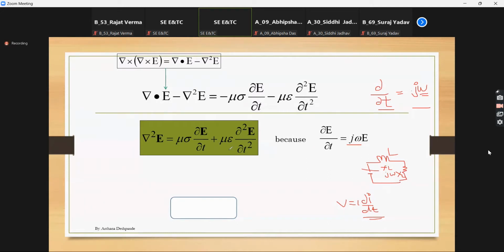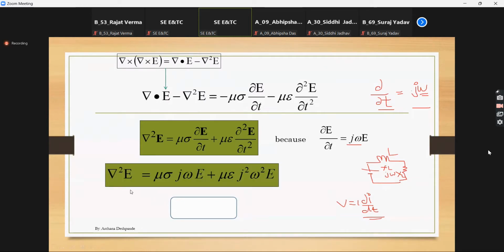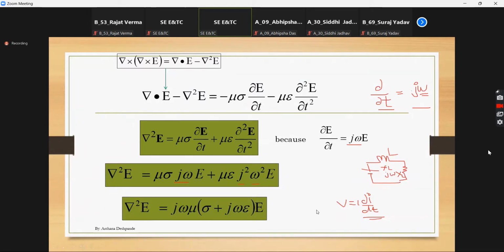Okay, so now I have to make changes here. I make these changes and this is my equation. Wherever there was ∂/∂t, it is replaced with jω. So this becomes jω, and since there is a square here, j² ω² has come. j² is minus 1. So going further, this is my expression, in which j is taken common here, therefore the minus sign is not coming here. So this is my final expression for